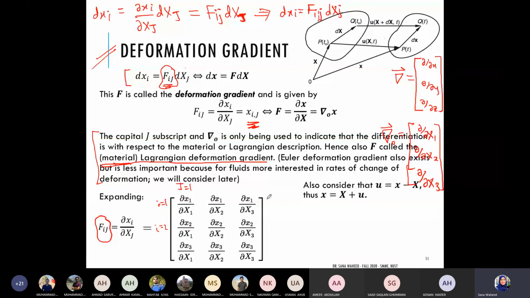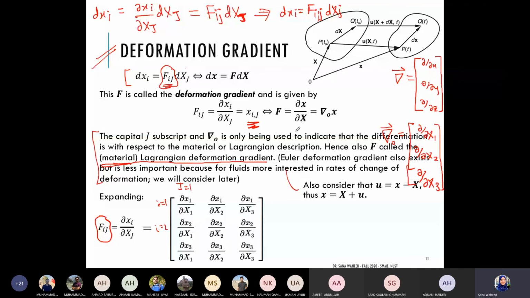Oh, yes. A small side note to consider: we also saw another vector, which was the displacement. I think you all recall, right? Displacement was also giving us how we could go from small x to capital X. So in vector notation I can write down that my u is equal to small x minus capital X, which I had already written for my displacement vector. Rearranging this I can get my expression for small x, and if I substitute this in here,